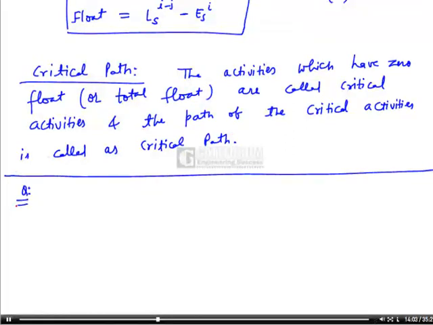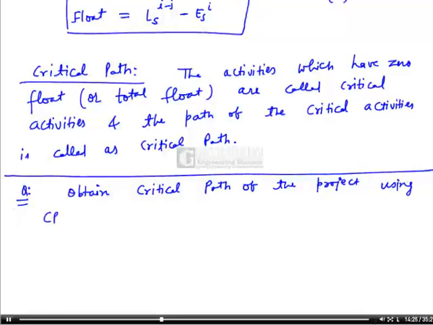So let us note down the question. Obtain the critical path of the project using CPM for the following data. So activities,